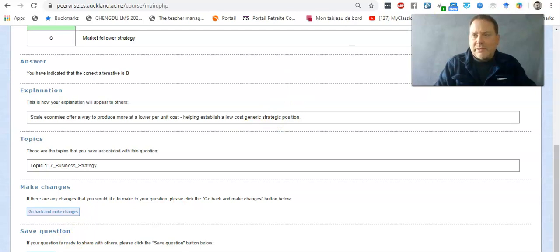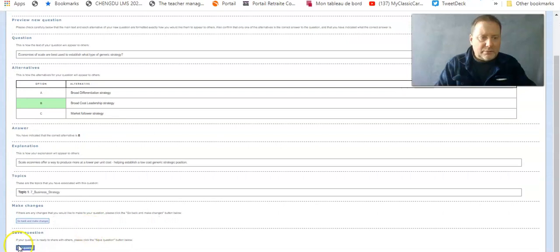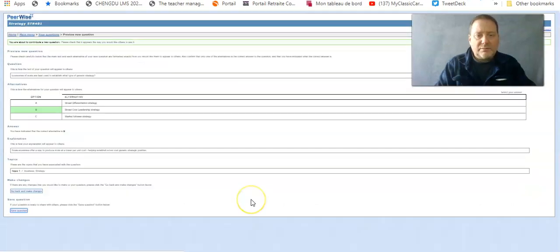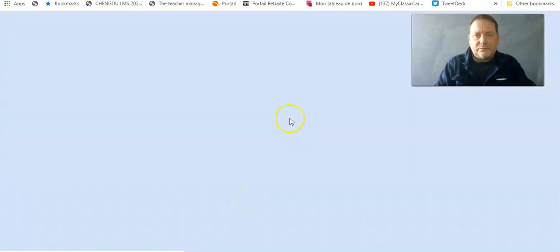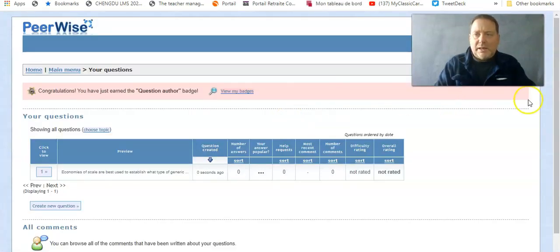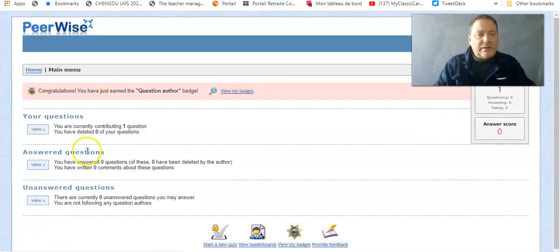And here I don't see the button to save the question. It's a little bit lower down on the screen. It's right down here. There we go. Save question. And now I've got my question. I've earned the question badge because I've created my first question. There's the question. And if I go back to my main menu, I can see that I've got one question,